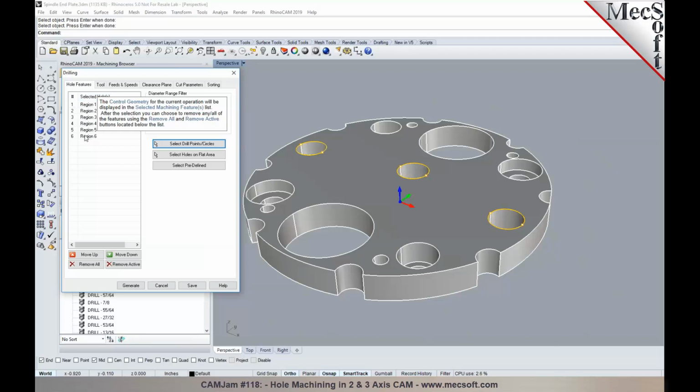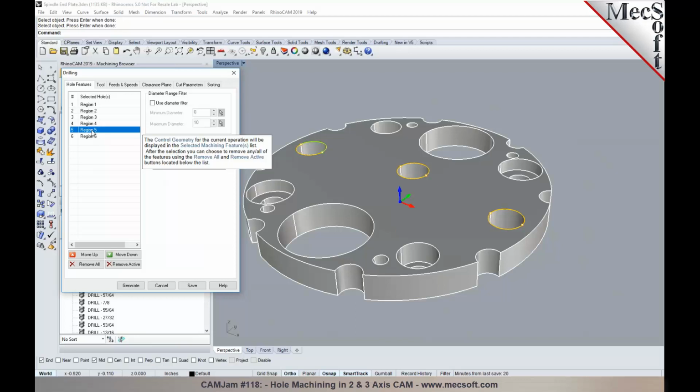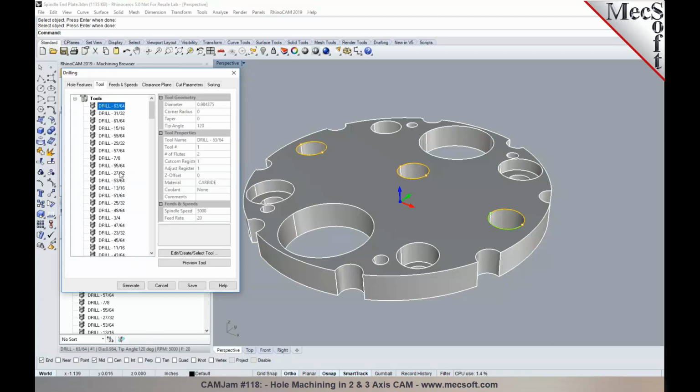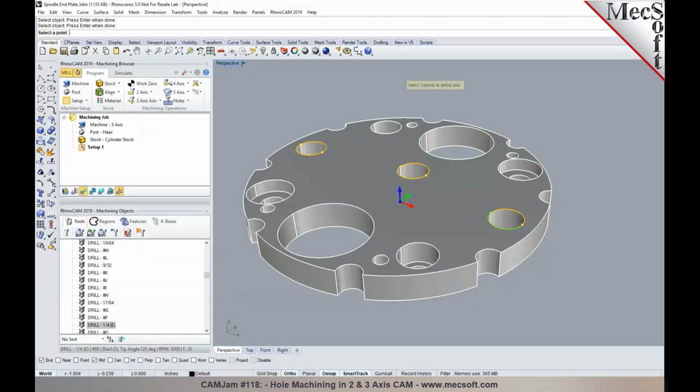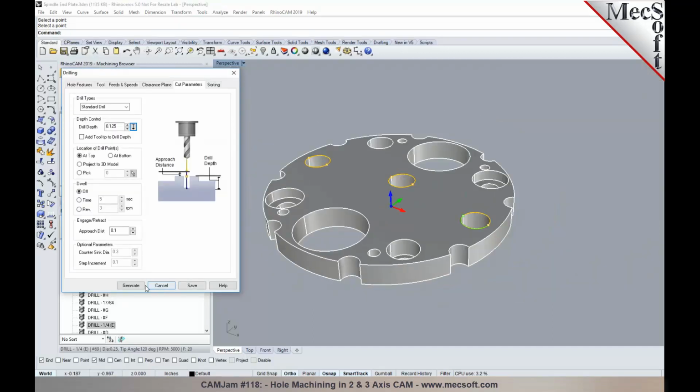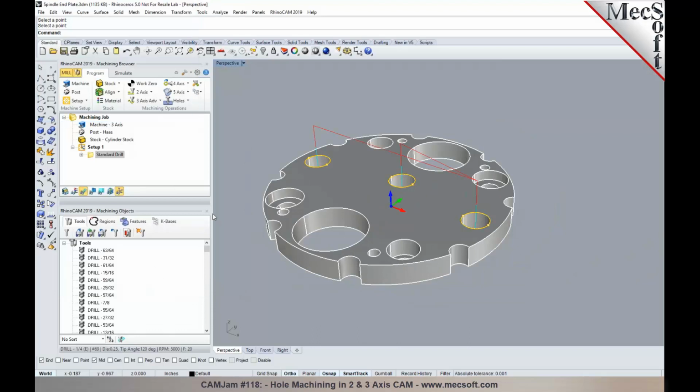You can see the 6 face edges have been selected. And as you highlight them in the selected holes feature list, the corresponding face edges are highlighted on the model as you see it. In the next step, you make a selection for the tool. I'll pick a 1/4 inch drill bit in here, set feeds and speeds, clearance, and we can also pick the depth off of a 3D model as well. And then generate, create your toolpath. So we've selected face edges in here